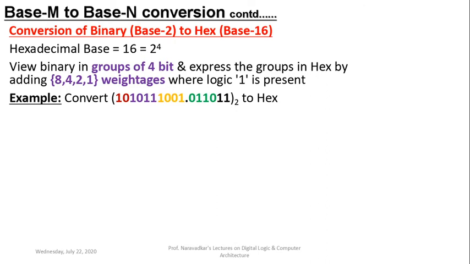0110, the immediate group shown by green color, is complete. But the black color 11, the next group, is not complete. We have to make it complete without changing the value of that input binary number. So 11, if I append 2 zeros on the right side, 1100, then it will not affect its value and the group will also get completed.